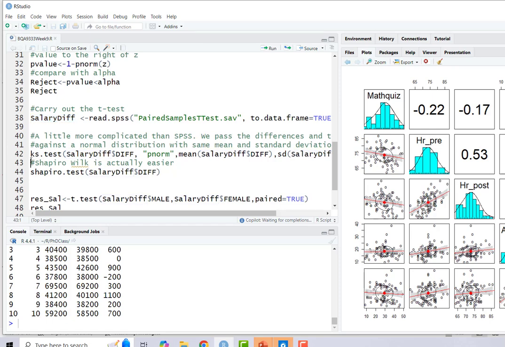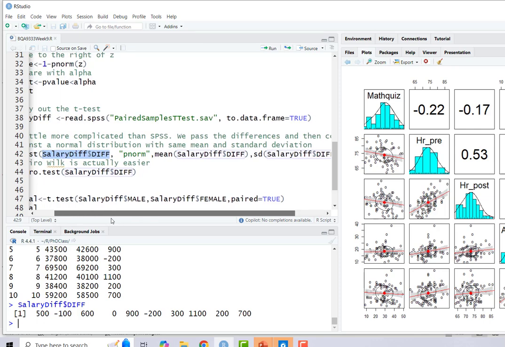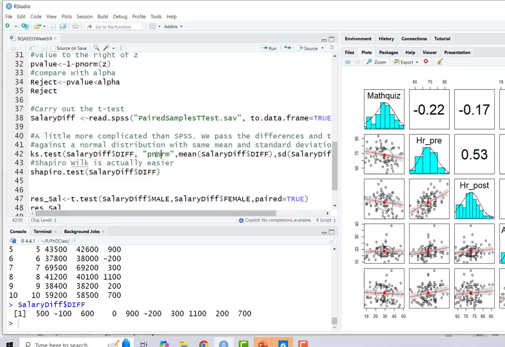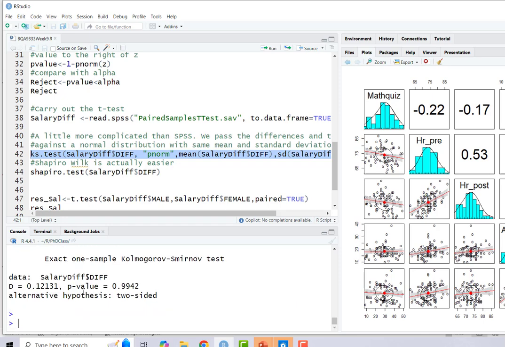So this is the KS test, the Kolmogorov-Smirnov test. And we actually pass in the difference in salaries, which we're assuming to be normally distributed. What we had to do for this is pass in the pnorm function. This is a general test, so it will work with any distribution. So we pass in the normal function, and we pass in the mean salary and the standard deviation salary. And then we find a p-value of 0.9942. So we don't have evidence